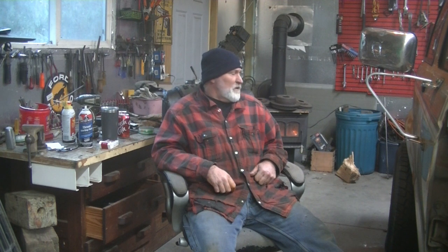Today we're going to be working on getting the body off this Bronco 2 so that we can get this Bronco 2 body onto that Bronco 2 modified frame with the 302 in it. This one here runs. It's got a 6-cylinder with a 4-speed transmission, manual locking front hubs, 4-wheel drive works in it. When I get this body off here, if anybody wants to buy it, let me know. I'm sure we can work out a deal. I got the extra rear end and extra leaf springs and extra front end from the other frame that I'm using, and